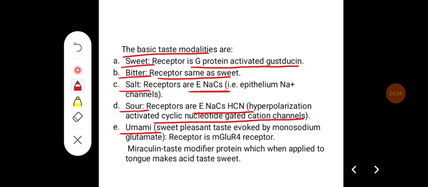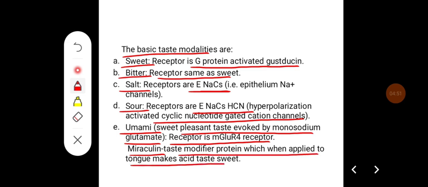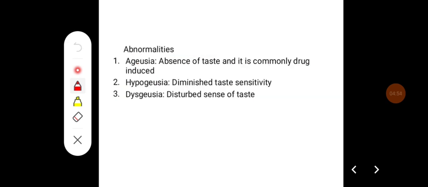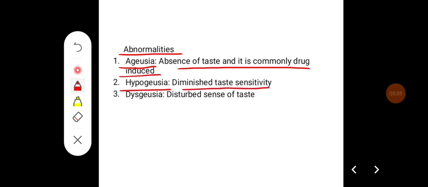Whereas umami is a sweet, pleasant taste evoked by monosodium glutamate, and the receptor for this umami taste are mGluR4 receptors. Miraculin is a taste modifier protein which, when applied to the tongue, makes acid taste sweet. Some of the abnormalities related to the taste sensation are ageusia, that is absence of taste, and it is commonly drug induced. Hypogeusia is nothing but diminished taste sensitivity, and dysgeusia is disturbed